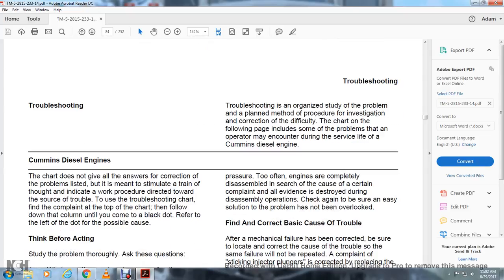Troubleshooting is the organized study of the problem, with a plan of methods and procedure of investigation and correction. The difficulty chart on the following page includes some of the problems an operator encounters during the service life of the Cummins diesel engine. The chart does not give all the answers, but it stimulates thought and directs work toward the search for the source of the trouble. To use the troubleshooting chart for a complaint: